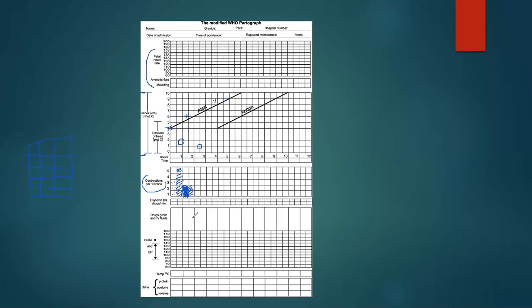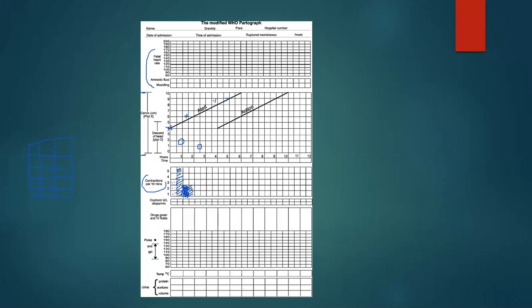And don't forget, contraction is assessed every 30 minutes. Do you understand? Every 30 minutes. Okay? Any other question? As up to this level. Any other question? Okay. So in the absence of any questions, before we continue with the other part of oxytocin,